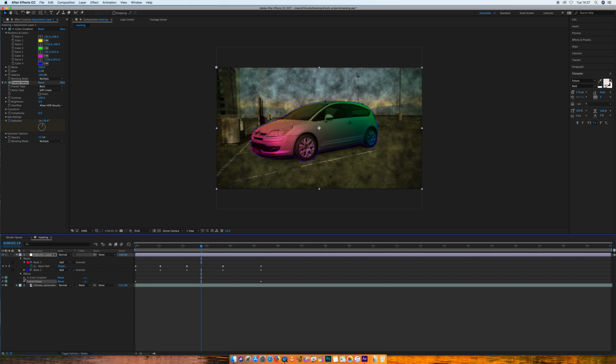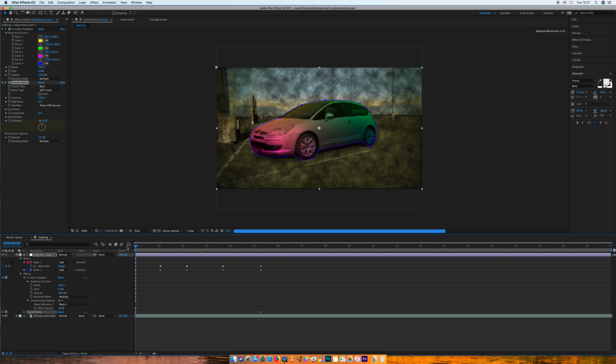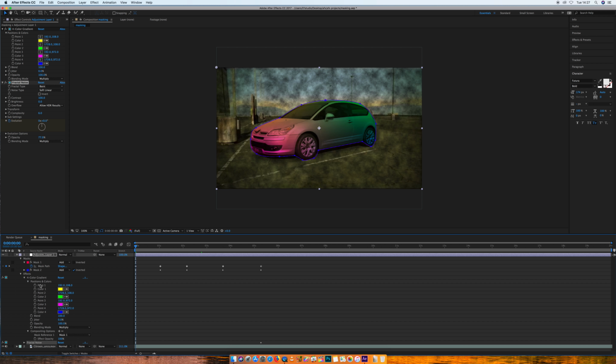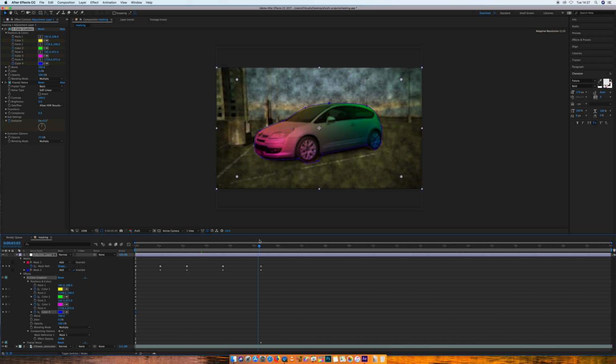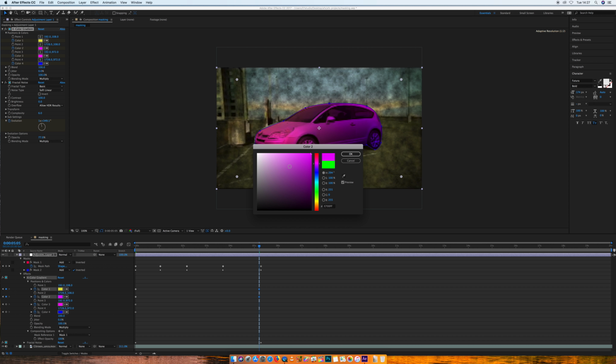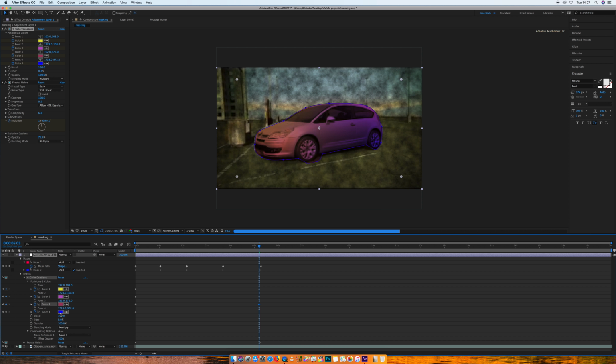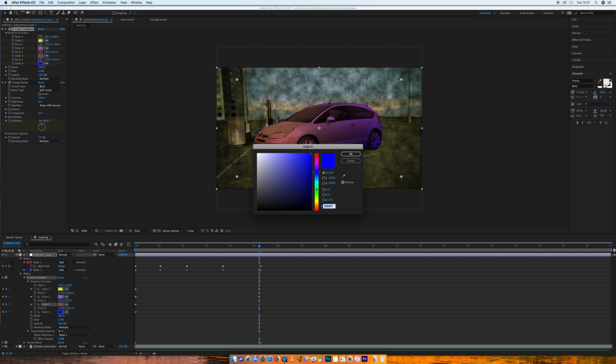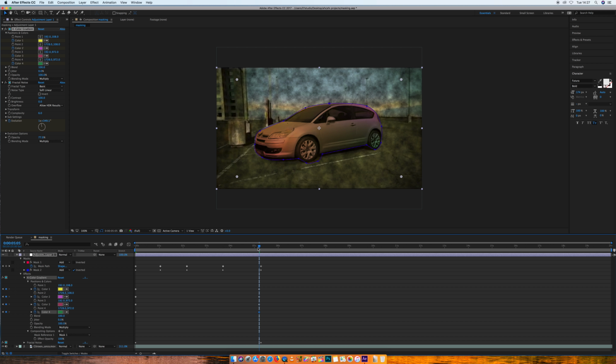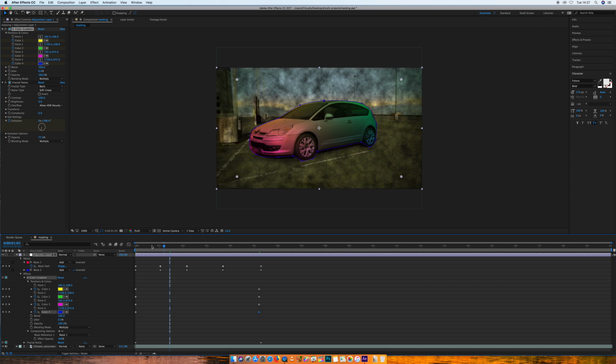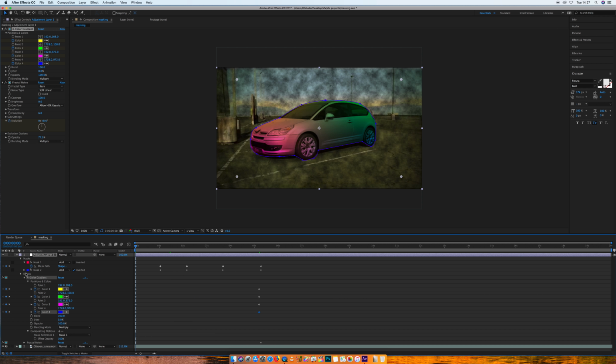And then I'm going to have a look at my 4 Color Gradients. And I'm going to open Positions and Colors and keyframe the colors. And then I'm going to go to the end and I'm going to change all of the colors. Okay, so you've got a little bit of movement. Okay, that looks nice. So now I'm going to add another mask,